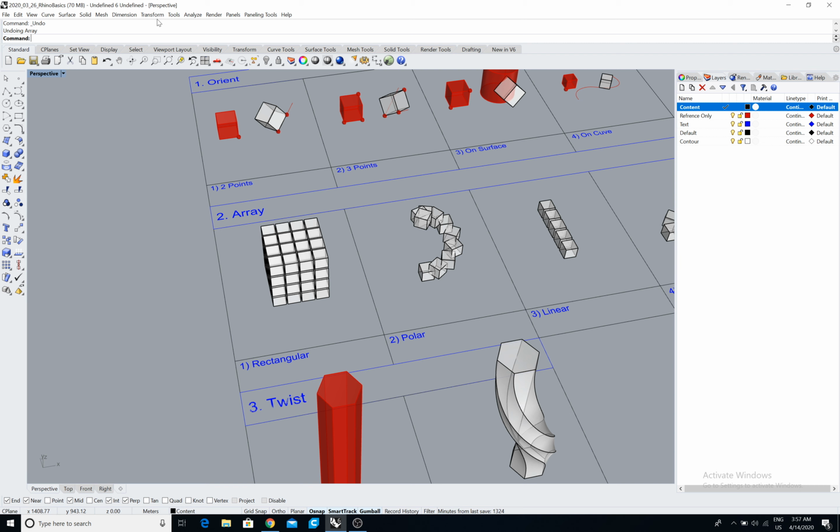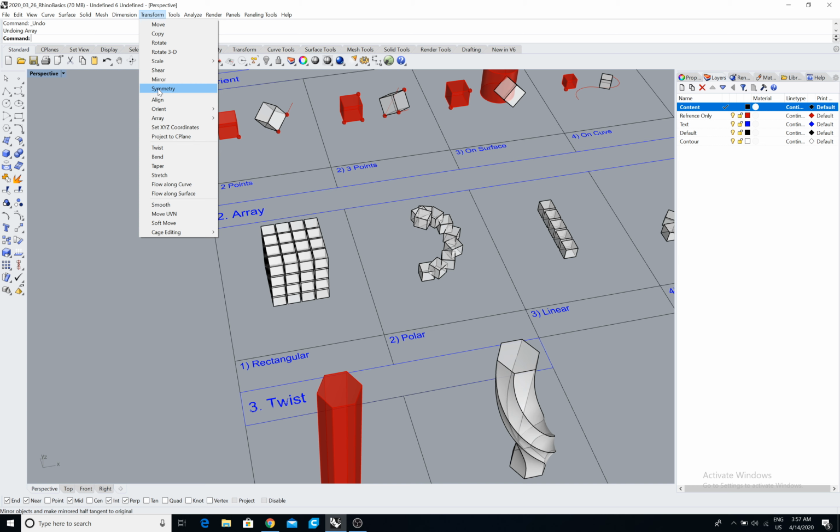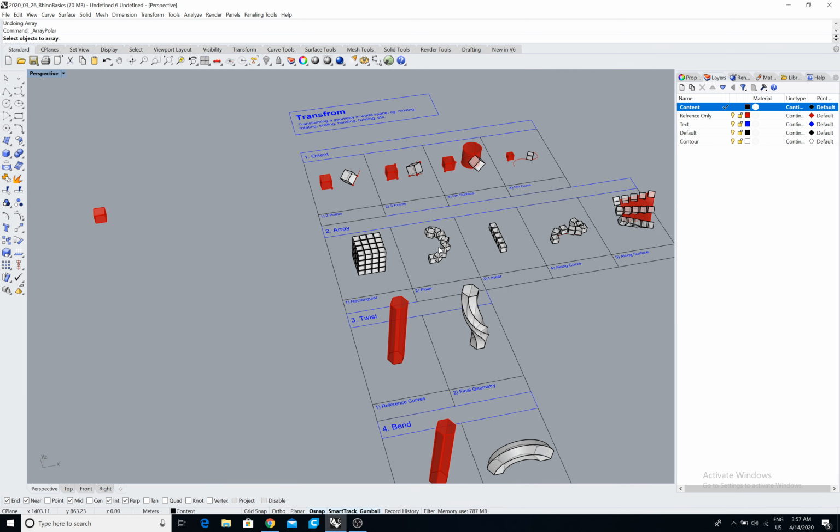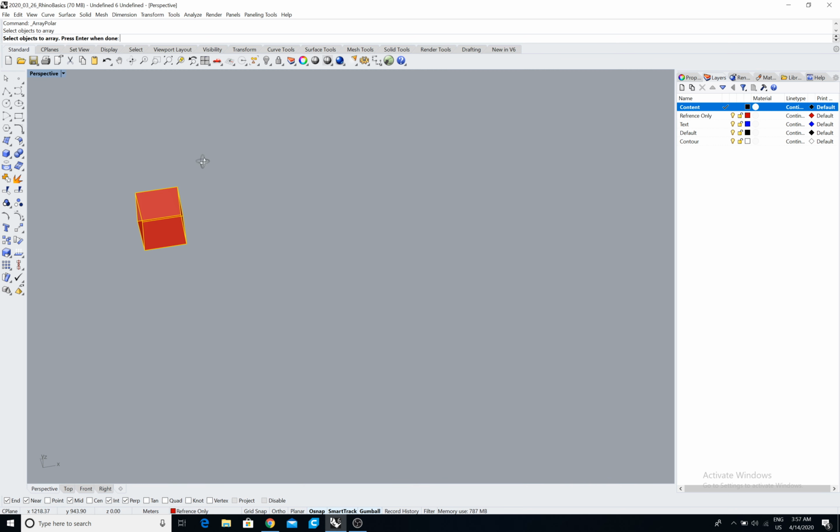Next is polar array. So we go to array, polar, and we have this geometry. Enter when done. Center of polar array. Let's pick this as my center. I would say I want to have 5 elements starting from here to 360 degrees, and you can see